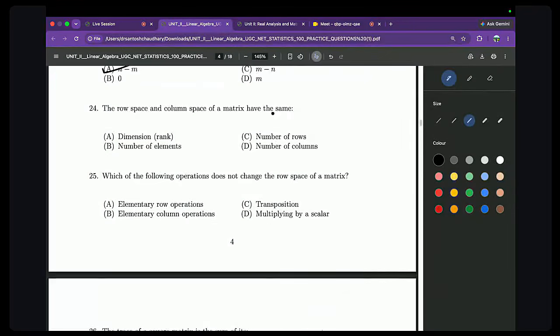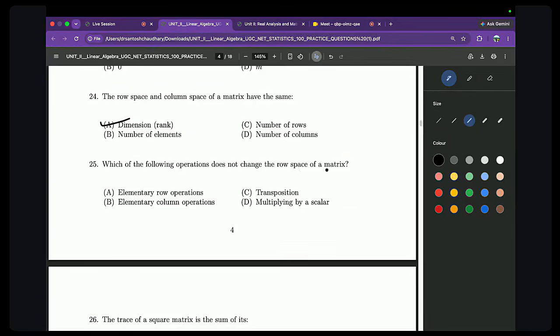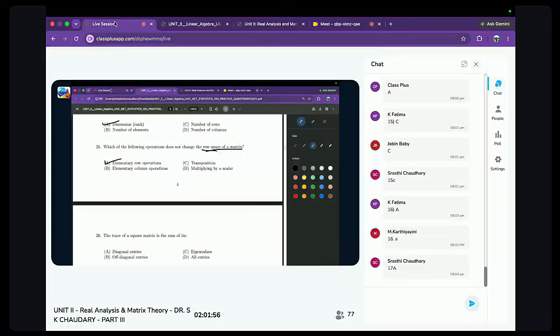23 का 24, the row space and column space matrix have same dimension. Which of the following operation does not change the row space of a matrix? रो स्पेस को चेंज नहीं करता, एलिमेंट्री रो ऑपरेशन, ट्रांसपोजिशन एंड कॉलम ऑपरेशन, मल्टीप्लाइंग बाय अ स्केलर। कौन सा ऑपरेशन है जो डज नॉट चेंज द रो स्पेस ऑफ अ मैट्रिक्स, मतलब रो स्पेस जो पहले वही रो स्पेस रहेगा, रो ऑपरेशन होगा, ठीक है भाई।